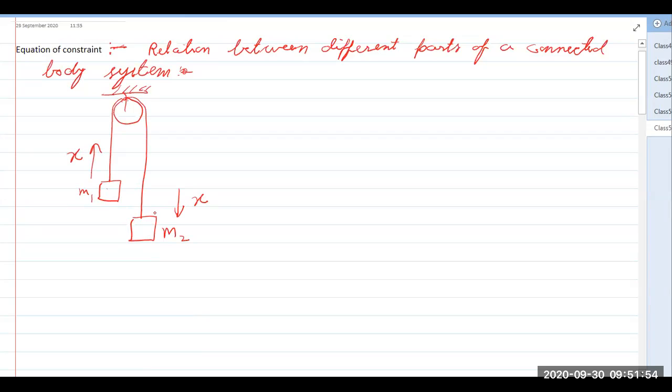Constrained motion means the motions of two parts of a system are related to each other. So this is a connected body system and these are the two parts. M1 and M2 are the two parts. The motion of these two parts is related to each other. So this is called constrained motion. So what is constrained motion? Constrained motion is